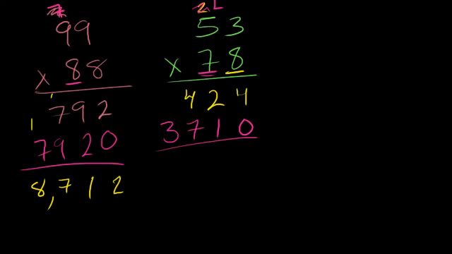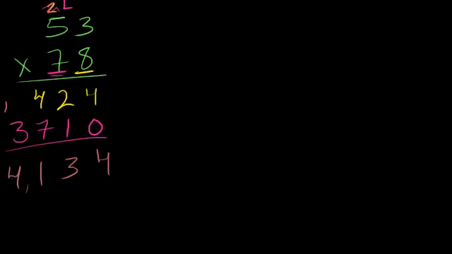Now we're ready to add. 4 plus 0 is 4. 2 plus 1 is 3. 4 plus 7 is 11. Carry the 1. 1 plus 3 is 4. So we get 4,134. Let's up the stakes a little bit. So let's say I had